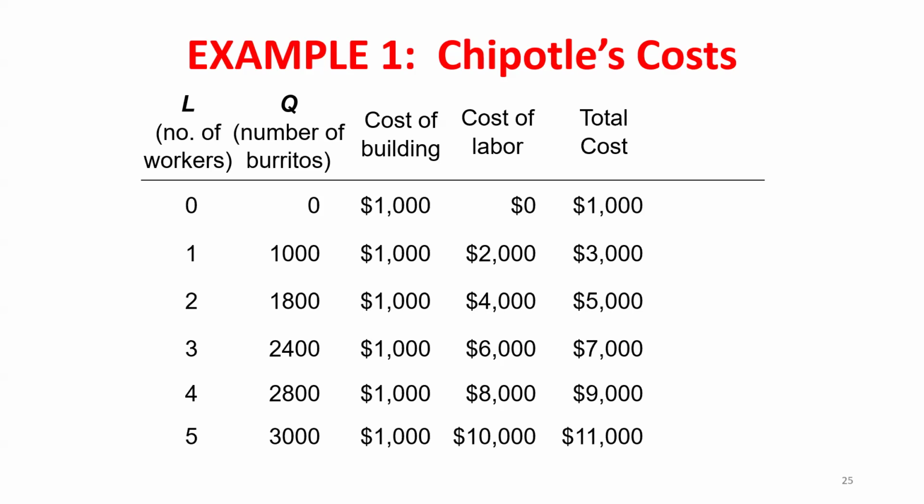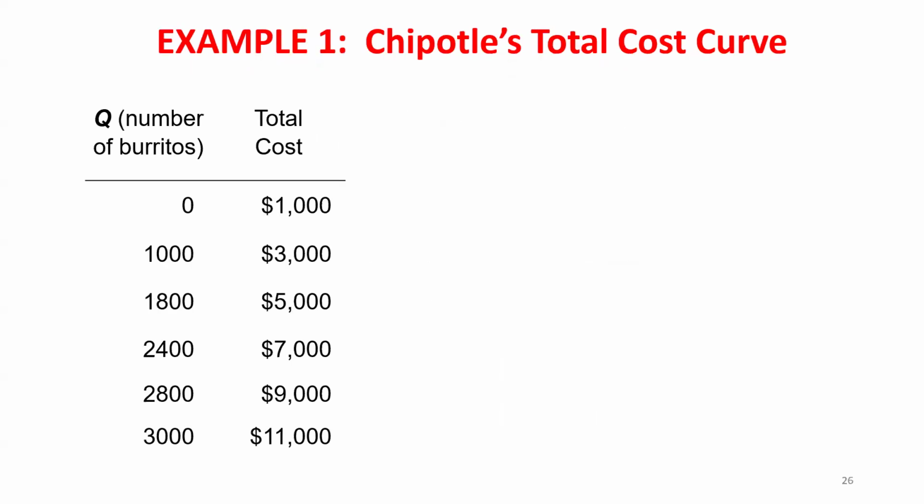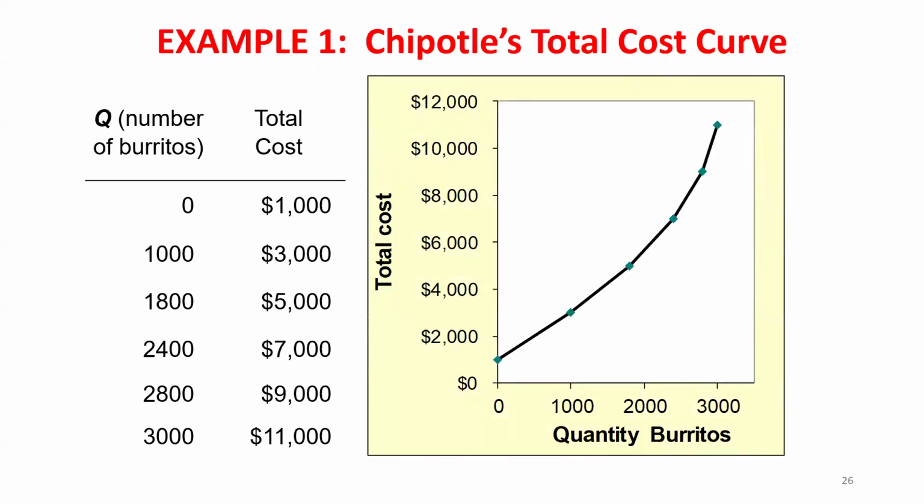So if I want to produce more units, it's intuitive that I hire more workers, that's going to increase my total costs. But we said, how do we make decisions? It's based off of the marginal cost. Okay? So if I'm thinking about these values, my total cost is always increasing, right? But if I'm concerned with my marginal cost, it would be the change in my total cost divided by a change in quantity, right? Now here, it's not the change in the quantity of workers. My marginal cost should be the change in my total cost divided by a change in how many units I'm producing. So now if I think about here, if I go from 0 to 1,000 burritos, what's the change in my total cost?